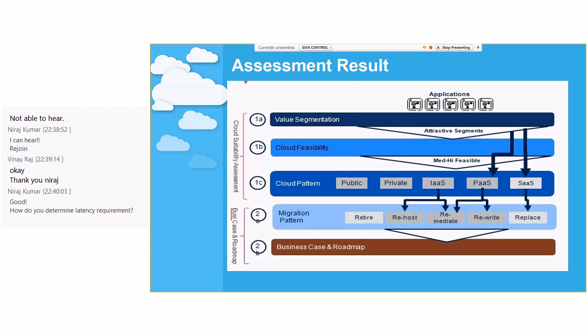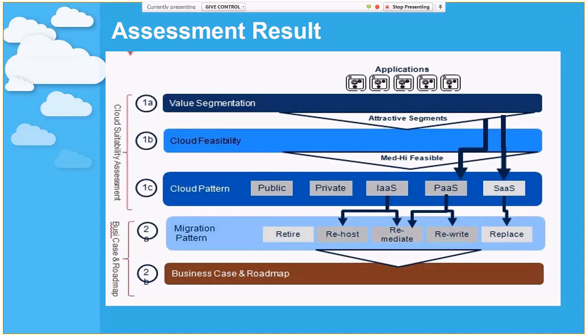Do we have any question? Yes, one question I have is, you talked about latency, right? Latency could be unique to every application. Some applications could be latency tolerant, or can tolerate high latency. Some applications will require ultra low latency. How do you extract this information from the application team? Because in the real world, when I go and talk to them, they don't have any idea. They just say that I need low latency, but they don't have real figures. How do you help them determine the latency requirement for their application?